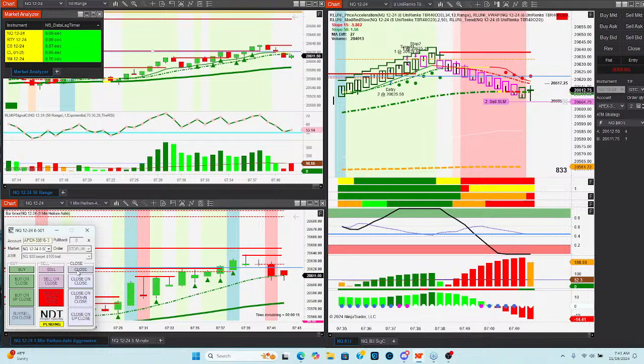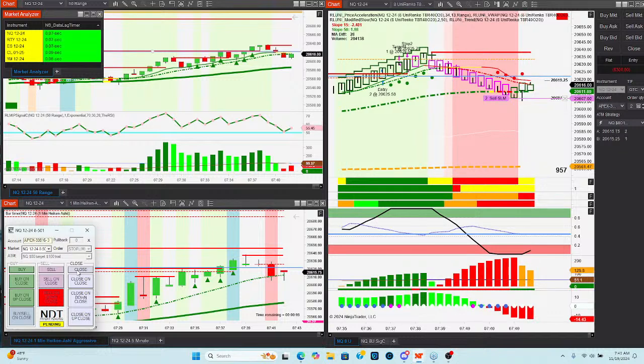Nope. I'm looking for one more. No, it's not gonna do it. Order canceled. I had a feeling if it broke through here and this brush went up and this skyrocketed down, this